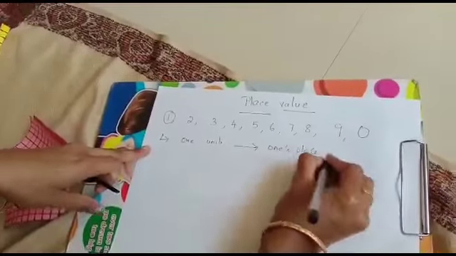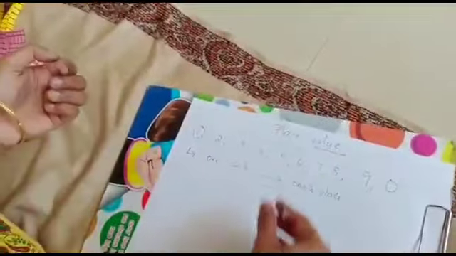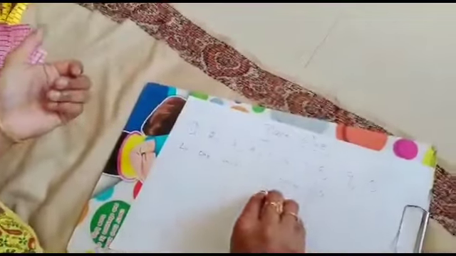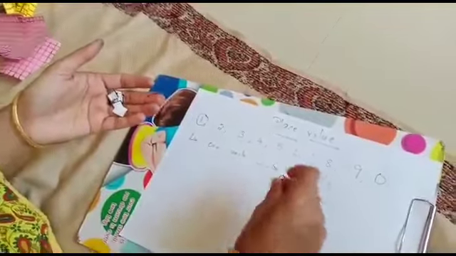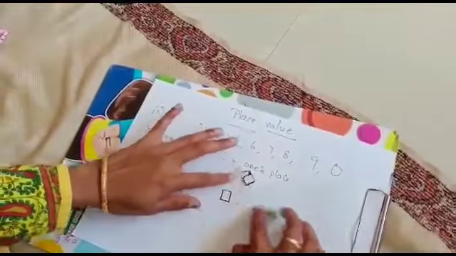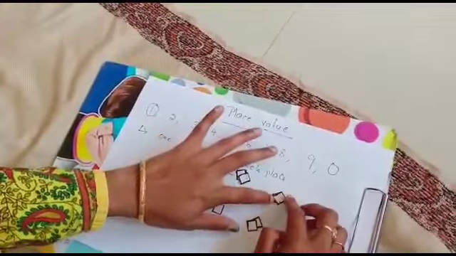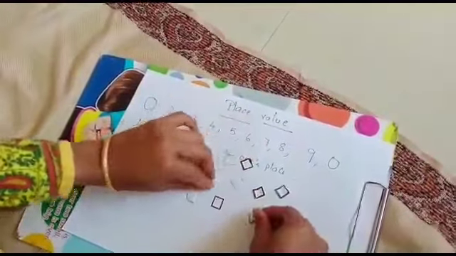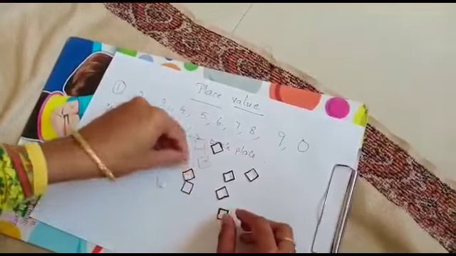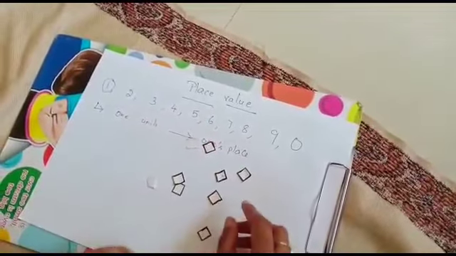place. For example, now I am going to demonstrate through these strips. So if I have a 1, it is only 1. So only one unit is here. So 2, 3, 4, 5, 6, 7, 8, 9, 10. These are with different units, and this does not have any side value.